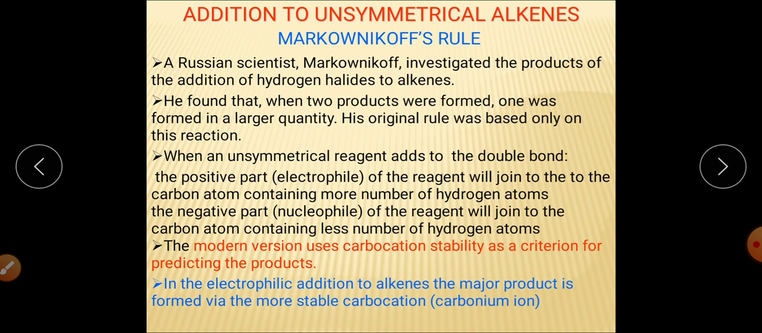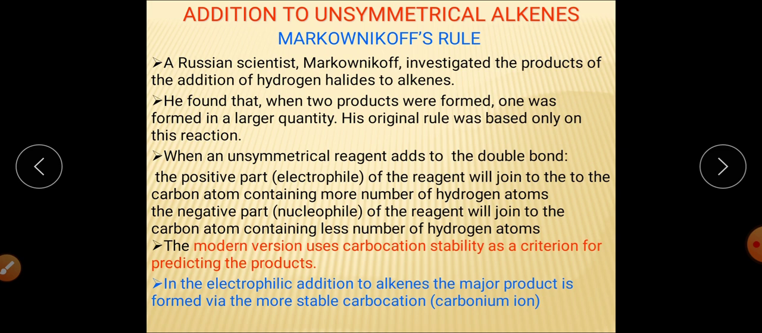When we are talking about addition reactions, we must know about the Markovnikov rule. Markovnikov was a Russian scientist, and he investigated this rule by investigating the product formation between alkenes and hydrogen halides. What he found was that when the reaction takes place with unsymmetrical alkenes,